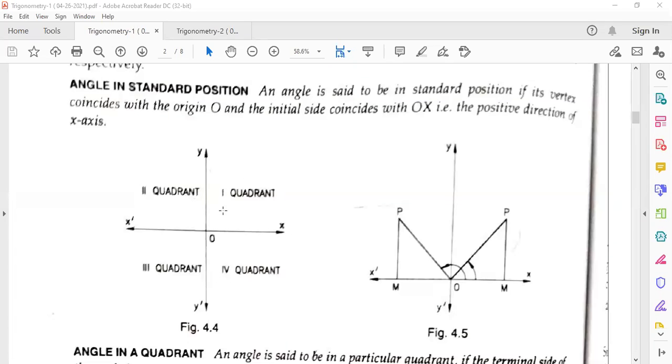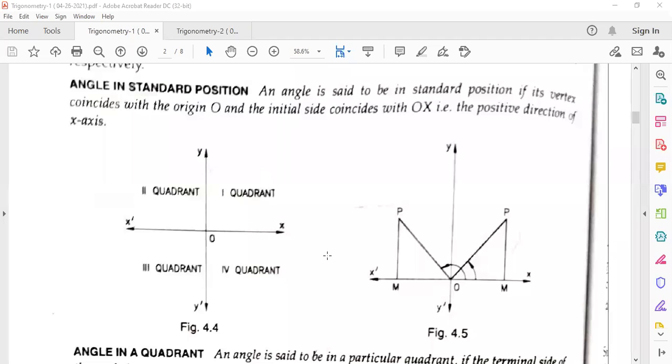Any complex number in our Cartesian coordinates can be written as z equal to a plus ib, where a, b both are real, and a is called the real part of the complex number and b is called the imaginary part. If the a part is 0, then this kind of complex number is called a purely complex number. That kind of pure complex number is situated on the y-axis. So the y-axis is also known as the imaginary axis.